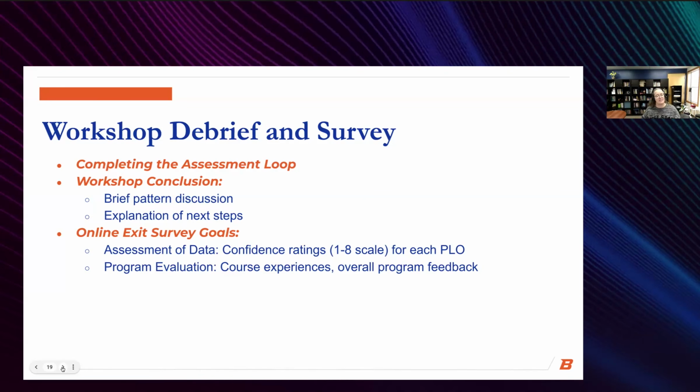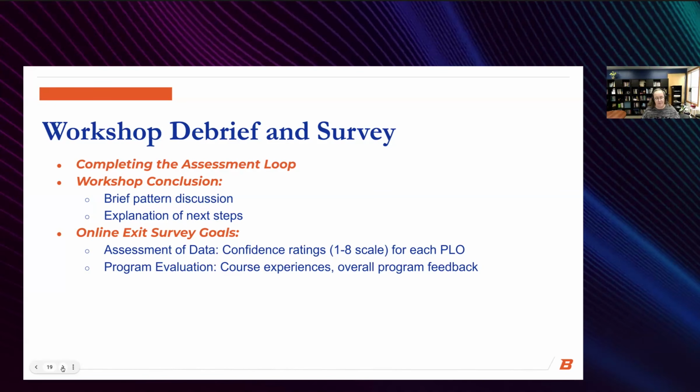We then, at the end of the debrief, explain our next steps, which are introducing them to their online exit survey. And we explain to them that, yes, this is part of our assessment for the programs, but we're also interested in really learning about their experience and gaining a better insight into how we can improve their experiences or future experiences.